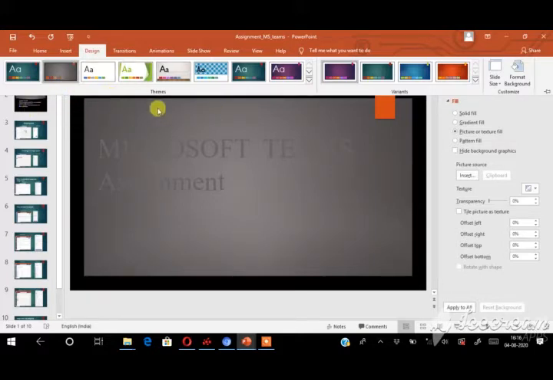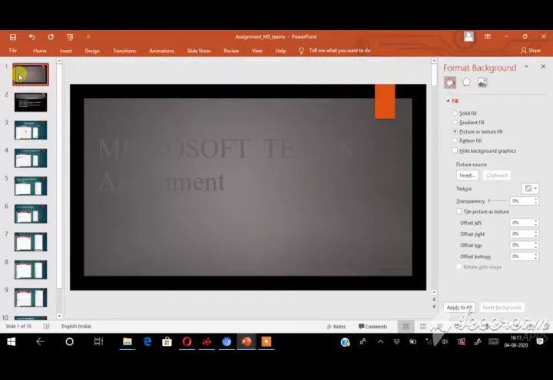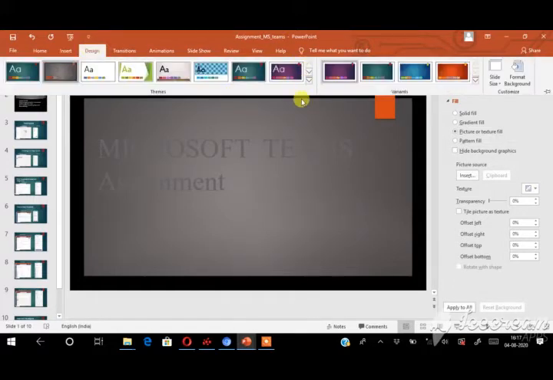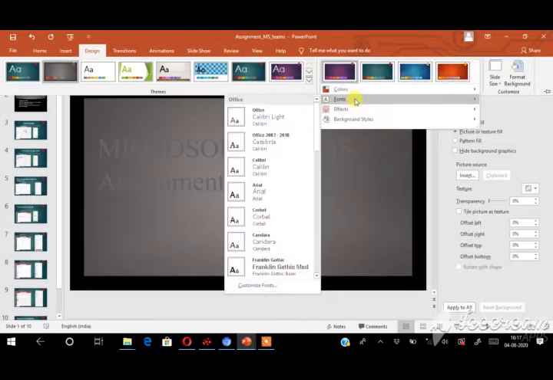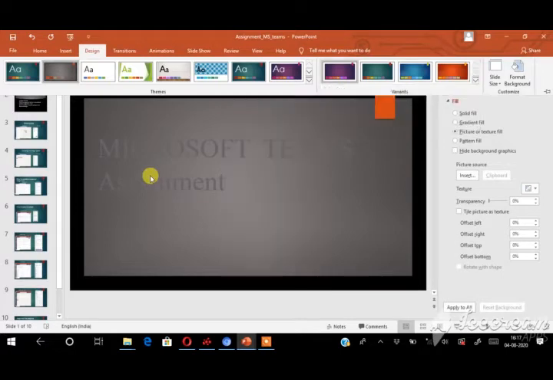Same way you have to select the slide and go to the design tab, click the more option and then the font option. Here choose any style. It changes the font for the theme. This is the way you can insert the theme and also you can edit the theme.